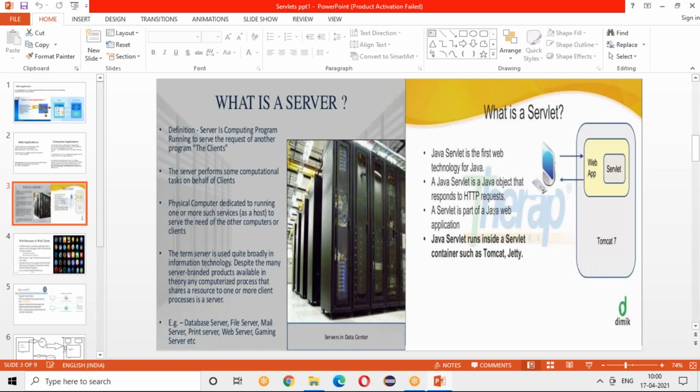You can just go through this slide. What is the difference between your server and servlet? And you may get that servlet is different from a server. What is a servlet? It is nothing but the technology that is used at the backend whenever you want to make